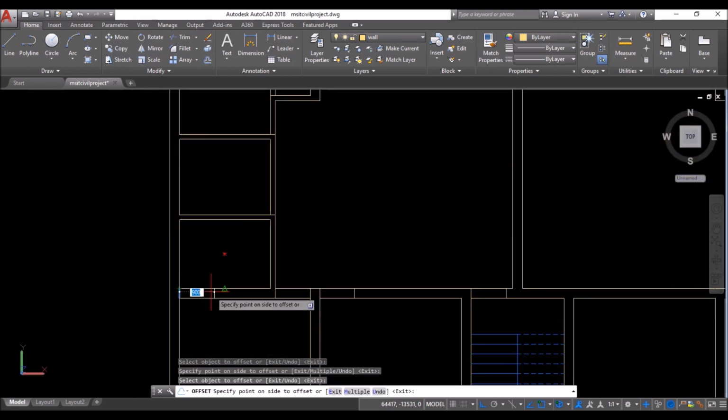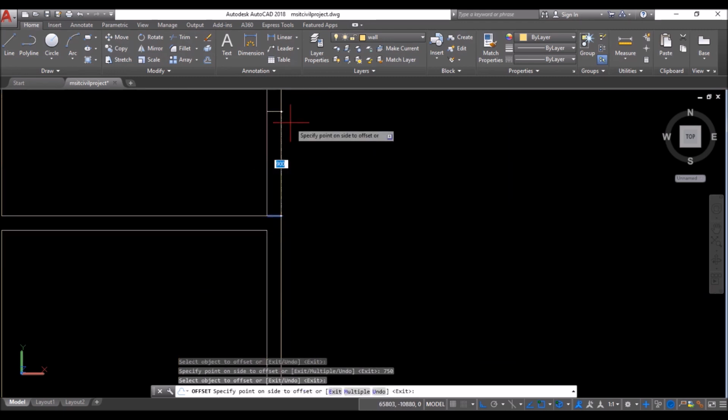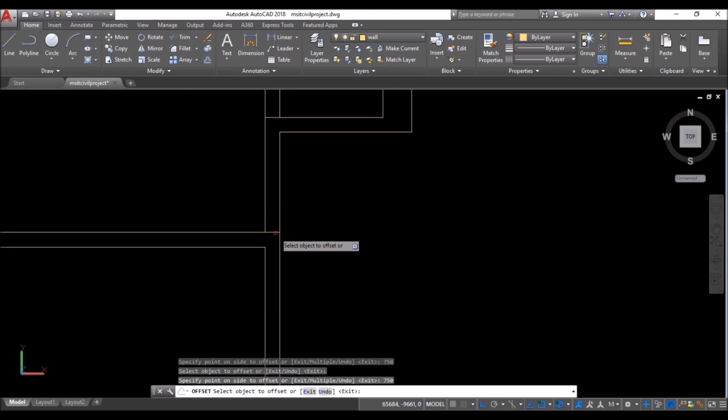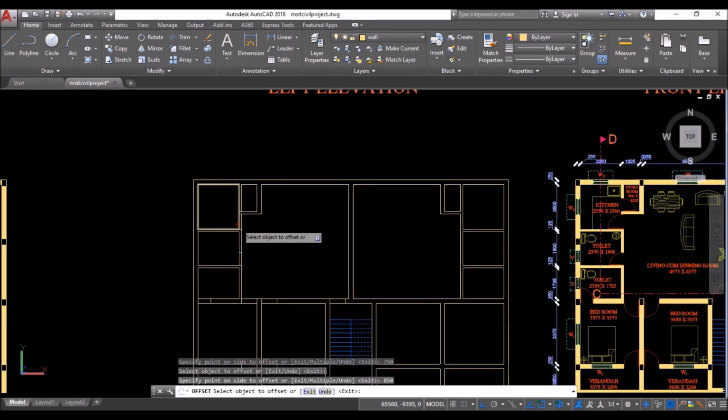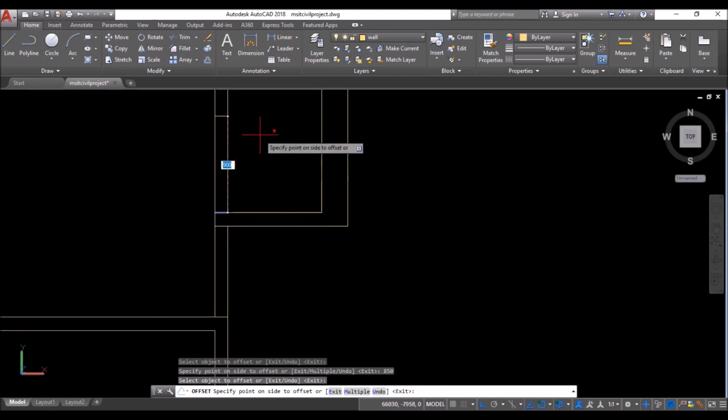Select this one, move the cursor towards right, type 750 units, press enter. Select this one, offset it upwards by 750 units. Offset this one by 800 units upwards. And finally this one upwards by 750 units again. And then right click to exit from the offset command.